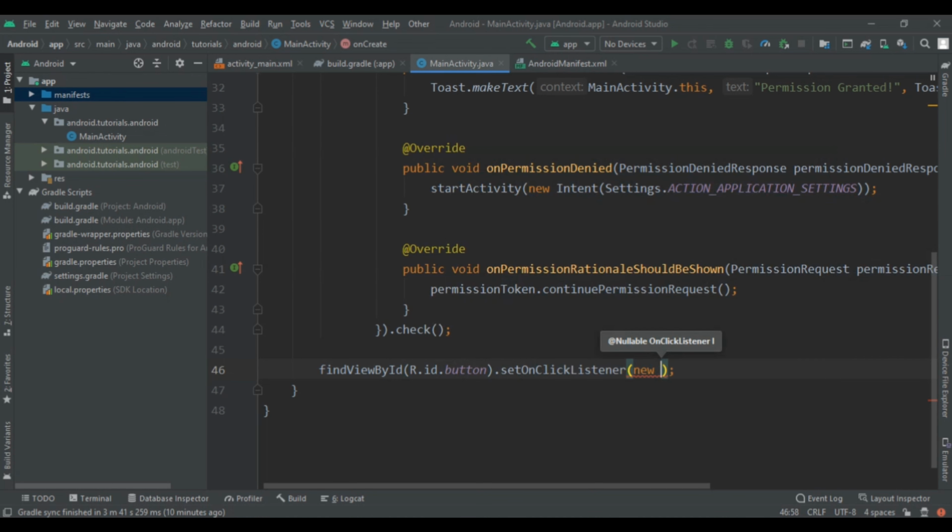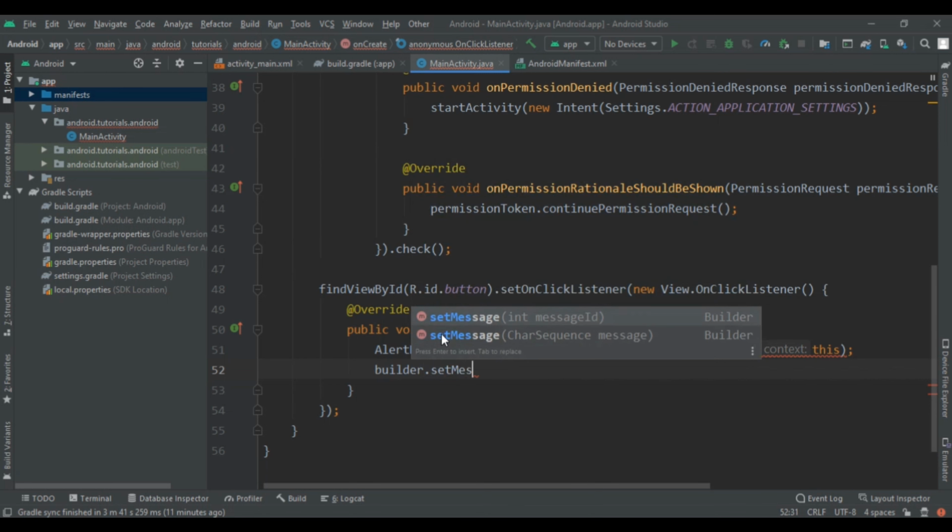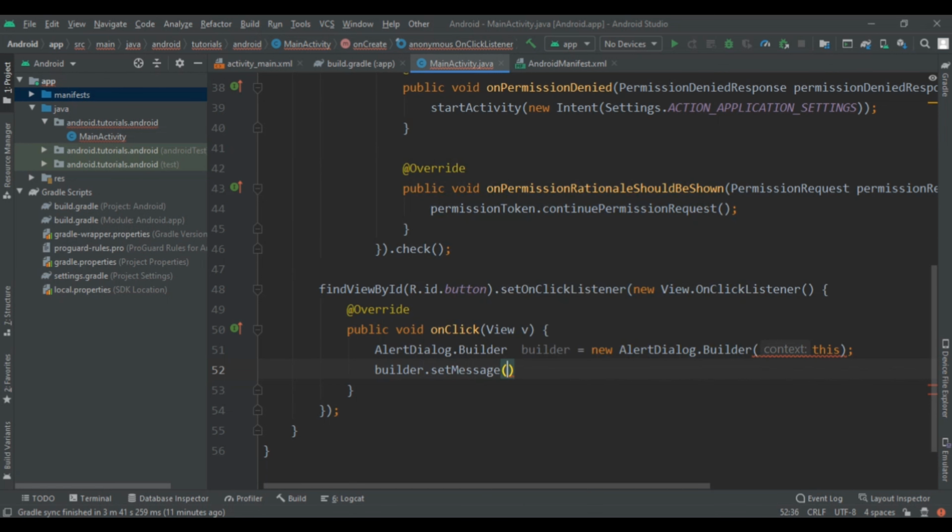After that, when we get the onClick method, here we are going to write AlertDialog.Builder builder is equal to new AlertDialog.Builder, pass the context this, and then close that, and then write builder dot setMessage. Here I am going to write my message. So Android tutorials, then setTitle, sorry, setMessage, not this, this is setTitle.